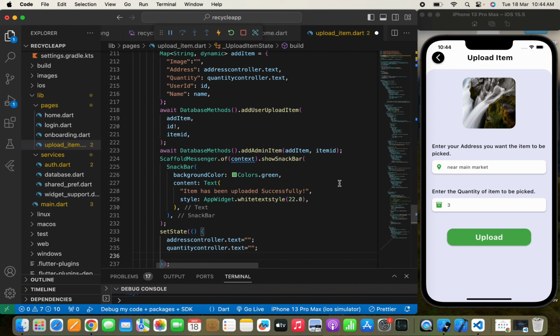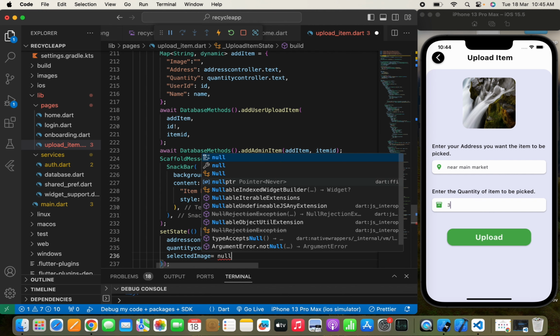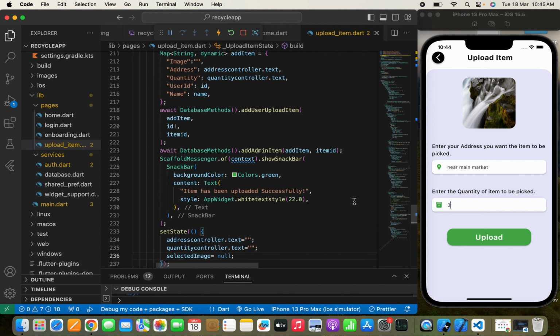So these are the small things that make your app very user friendly. That's how we can make it easy for the users who are using this app. As a developer, I'll write selectedImage equals null. Something like this. Now let's check the Firestore database, as we have already uploaded this data to the